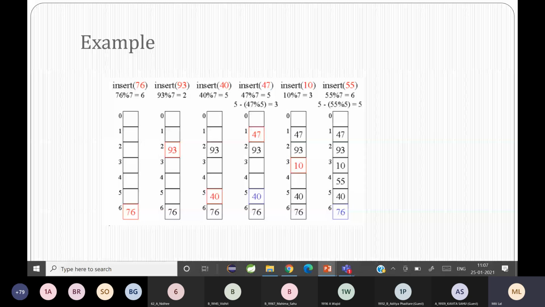Ma'am, suppose after counting the steps, we are getting again a different collision. Yeah, I was waiting for that question. That time you will have to do the linear probing or quadratic probing method. Is it clear? I'll show you an example here. If you can see the code over here. See, you can see hash table index equal to key, current size plus plus. Can you see that else part?